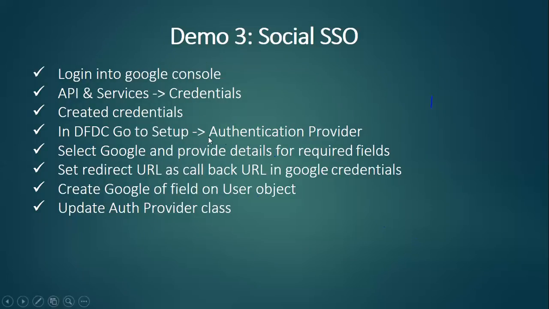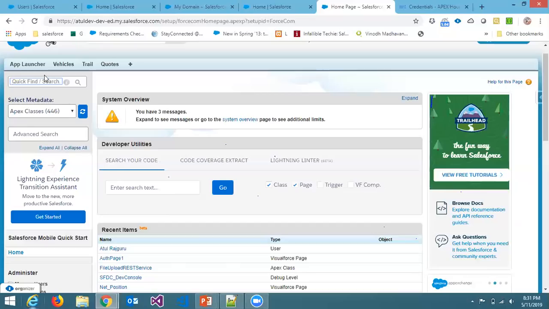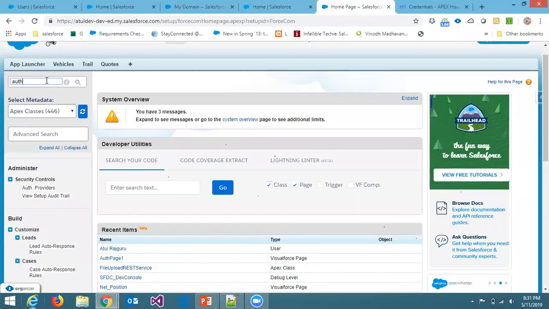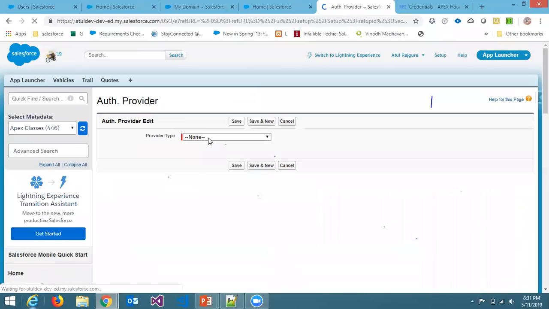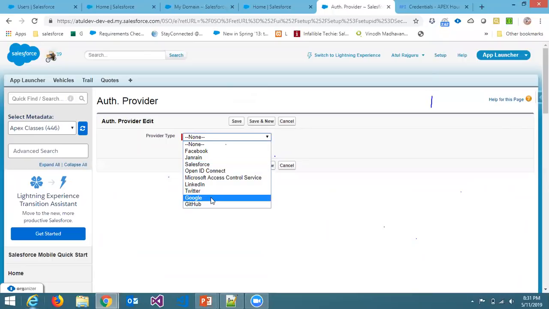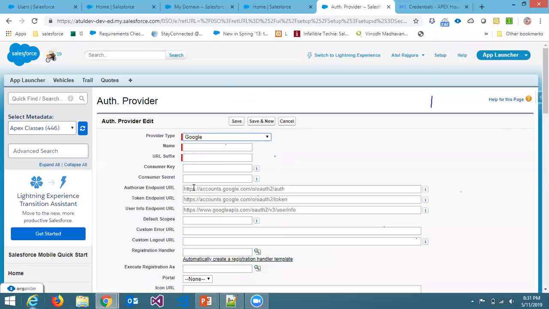So we are through 4 steps. The redirect you are going to specify. So we will go in authentication providers and select new. And here are the 8 out-of-box providers. If we select Google, it automatically takes the majority of your workload. You just need to specify a few important details,